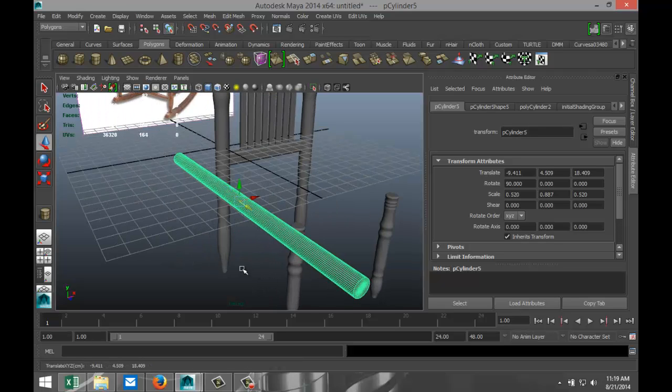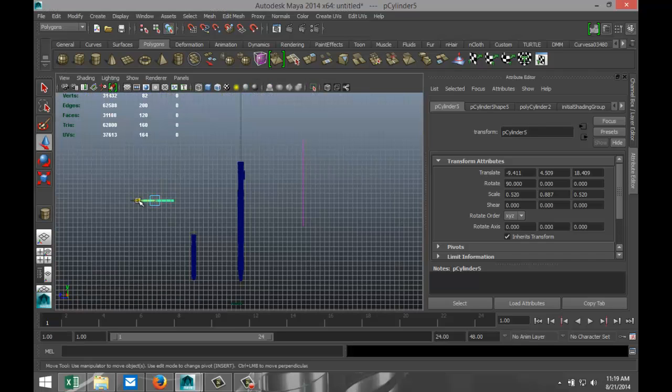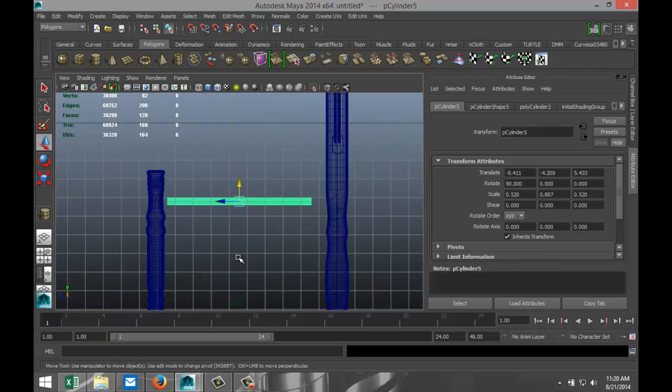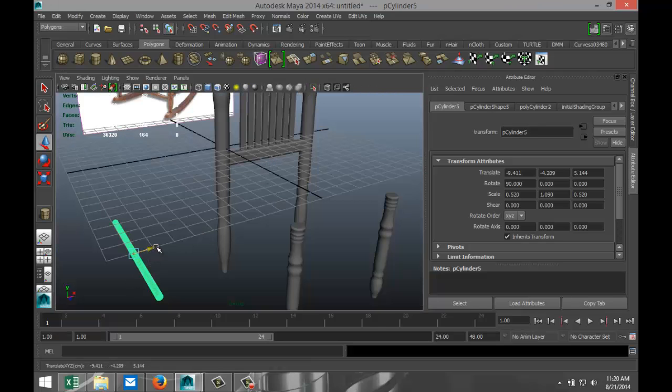Hit F to zoom in. It's always tricky to do it at this angle. We'll try it here. Okay, so we're going to pull that down. Hit F. We need to hit R to stretch it out a bit. Push it back a little bit more. Stretch it out a bit. Okay, so that's inside the chair. That's good. Now from this angle,